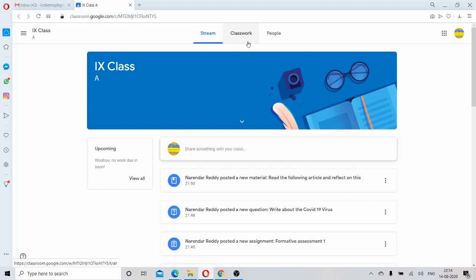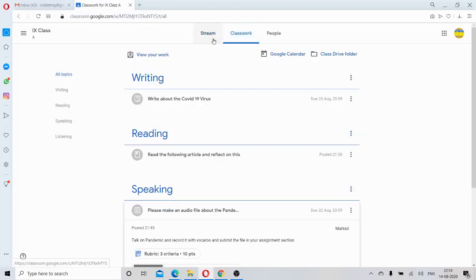Moreover, this is a user friendly app, or website, because the thing is very simple, and it is very simple to create activities like assignments. Once you get command over this, you can do very well with Google Classroom.